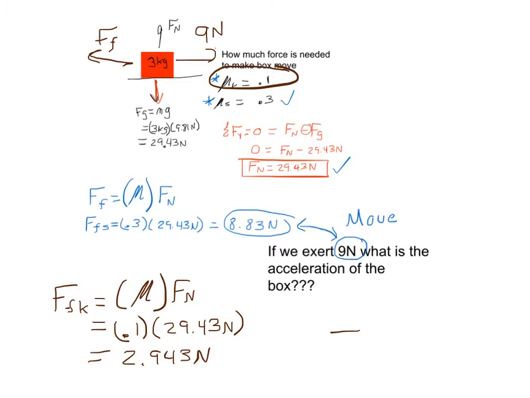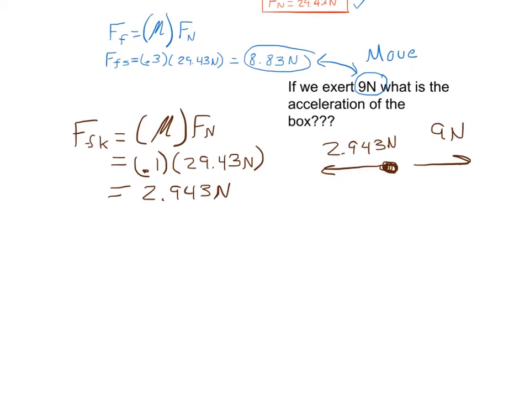So on our diagram, we're going to have 2.943 newtons pushing this way. So this is our box, and 9 newtons pushing that way. So what is our total acceleration going to be? Well, we have to use